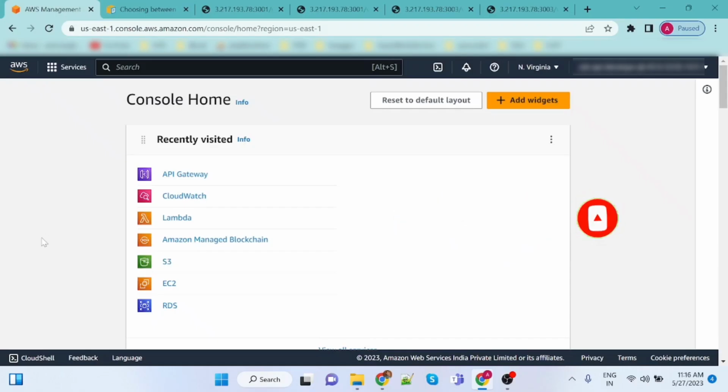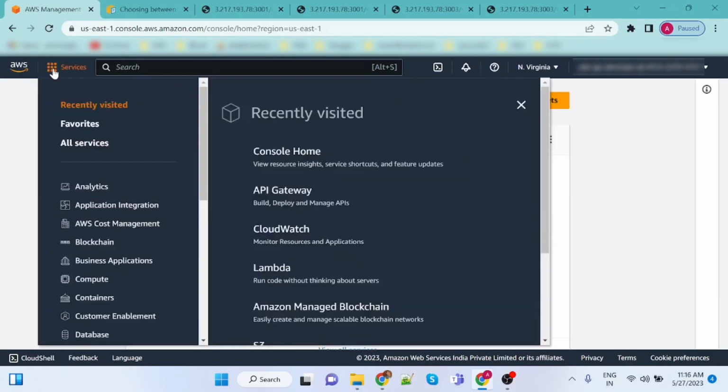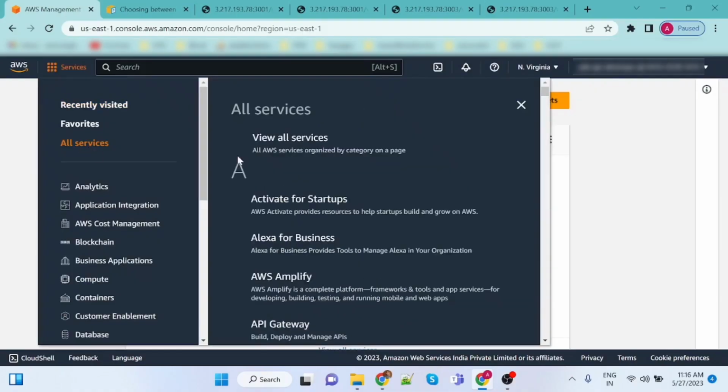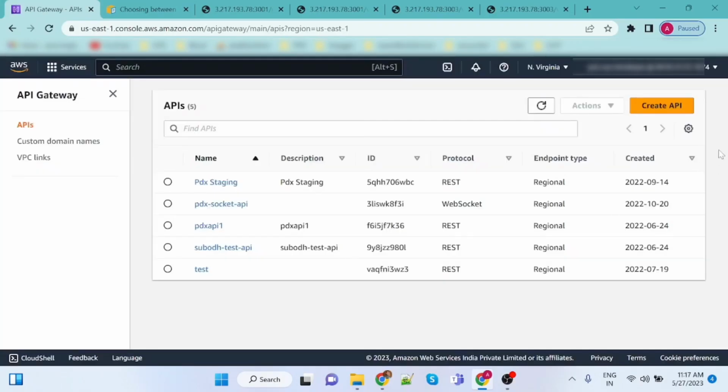And if you have already opened API Gateway, then you can find the link in the recently visited items, that is API Gateway, CloudWatch, Lambda, all the services which you have already opened here. If you have not opened it, then you can click on Services here, click on All services in alphabetical order. All the services will be listed, and you can click on API Gateway here. In the top right side you can see a Create API button. Click on this to create an API,